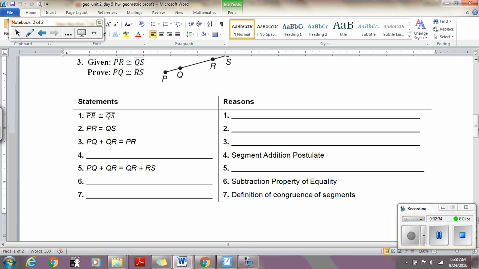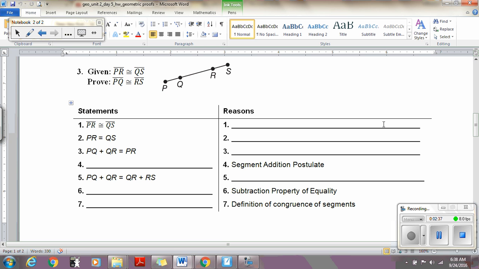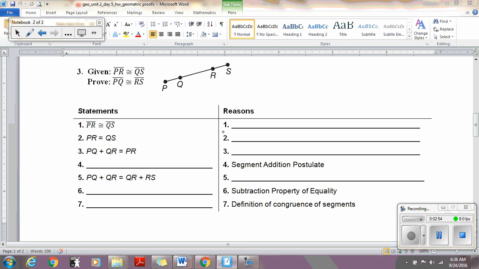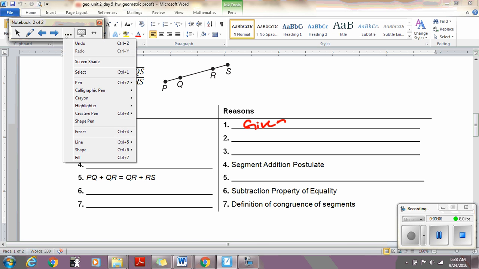All right, number 3 says, given that segment PR is congruent to segment QS, prove that segment PQ is congruent to segment RS. So again, the first reason, no matter what the scenario, is your given statement. Again, this means congruent. If you look at statement 2, it looks a lot similar to statement 1, except they removed the bars